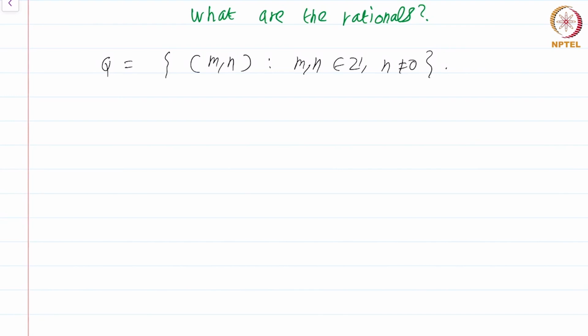As we saw in the last module, there is a difficulty. Several different elements in this set are actually identical. So what we do is instead we consider a new set. And the new set, which again by abuse of notation I just denote by Q again, I just define it to be equivalence classes